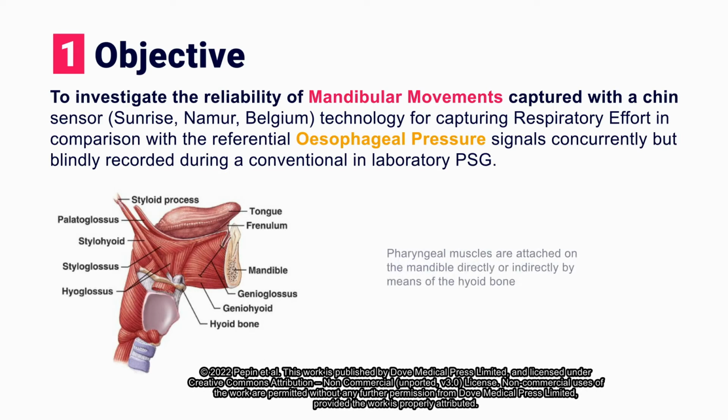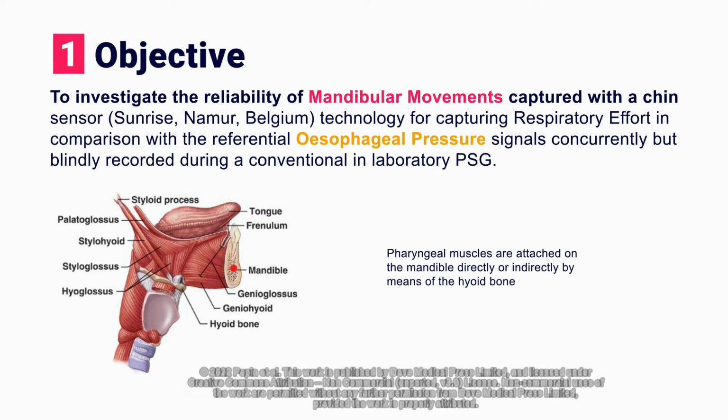We know that the activity of upper airway muscles attached to the mandibular jaw reflects the activation of the brainstem respiratory and sleep centers. This muscle activity triggers specific mandibular movements that might represent a non-invasive tool for measuring respiratory effort during sleep. Mandibular movement measurements with Sunrise technology were compared in this study to the gold standard method for